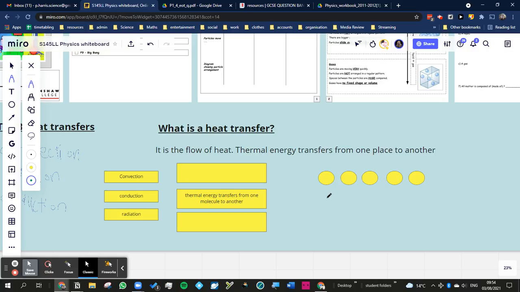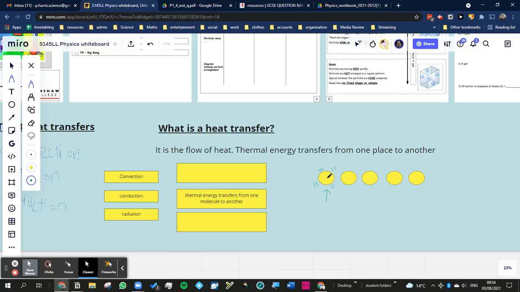Maybe not metal actually, because it gets more complicated when you look at metal. But a solid anyway. I heat up the other side. This arrow represents heat. When I do that, this particle gets a lot of energy and it vibrates and shakes